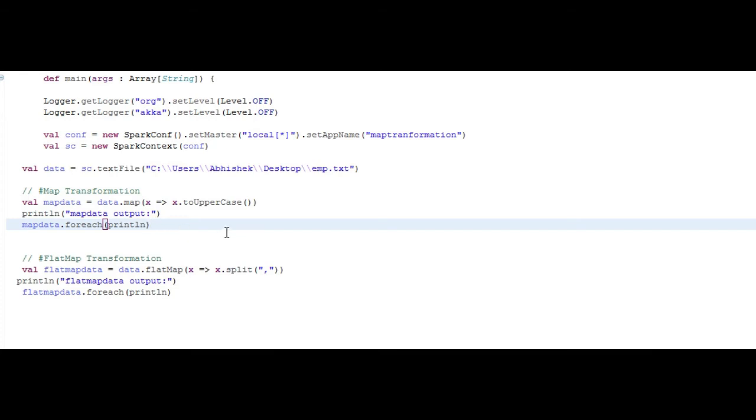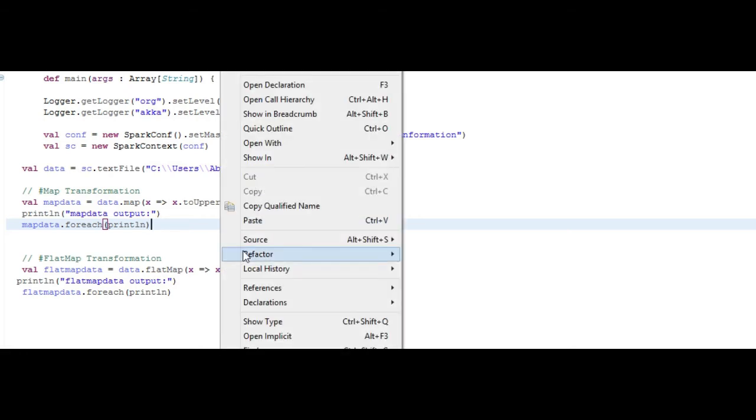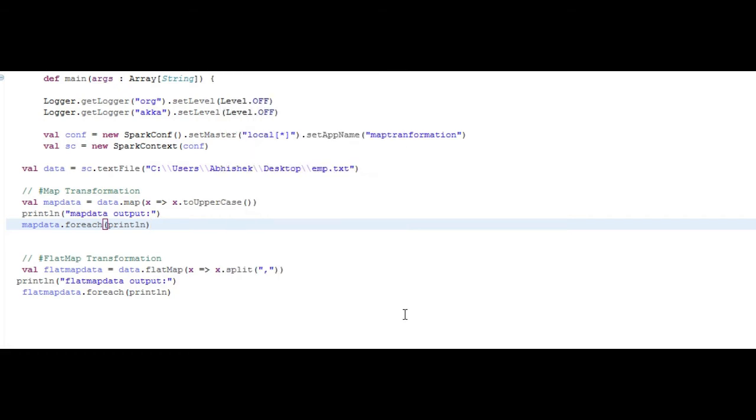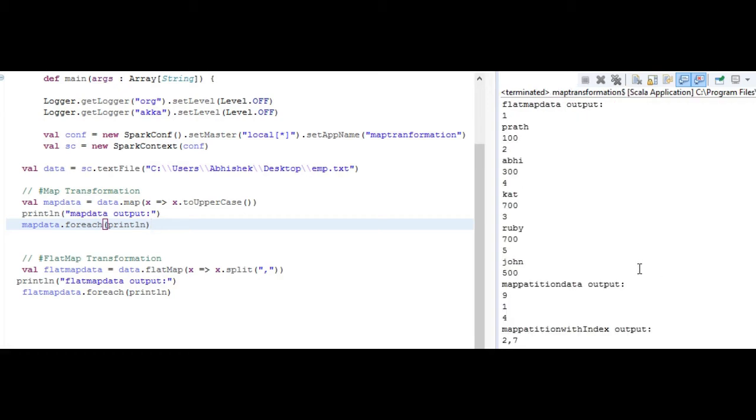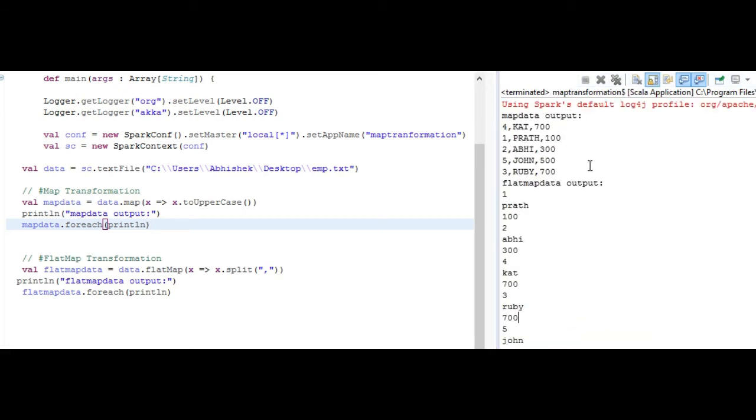Let's run it. I did right click, run as Scala application, and my job started running. Now let's look at the map output. As you can see, this is the employee file: cat, Parth, Abhi, John, Ruby. These were all in small letters, but as we applied uppercase, we are getting uppercase output.